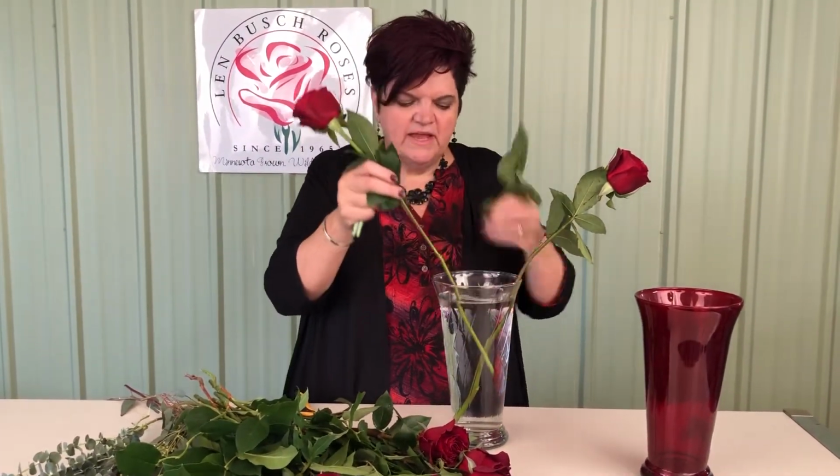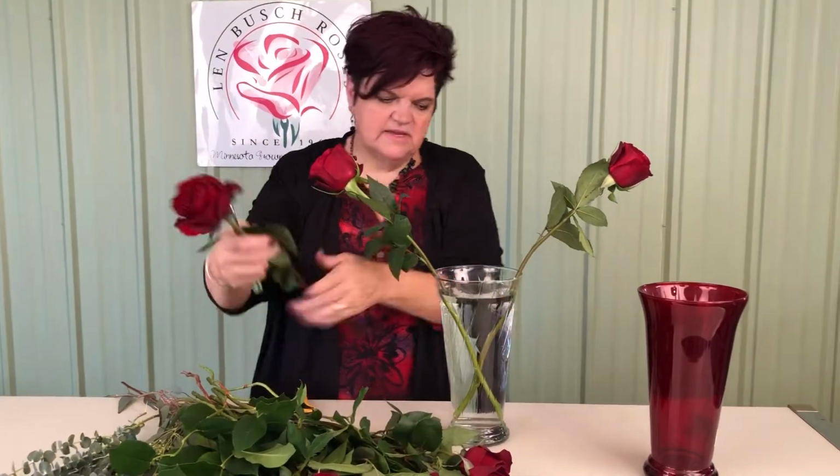But I'll start with roses, giving them a fresh cut, and you remove any of the foliage that's going to go below the water line. I'm going to start with 5 on the base, and as I'm putting them in, I'm crossing those stems. So my next insertion is going to come in from the front to the back and go over that, and then I do that pattern again, crossing that,